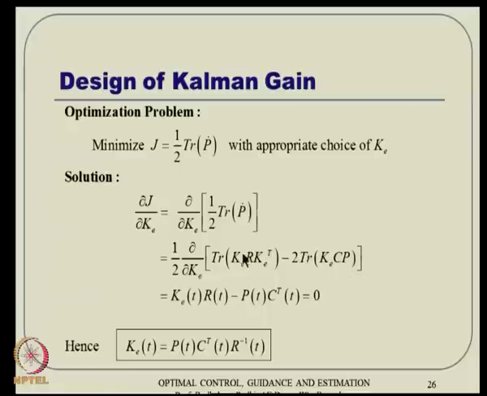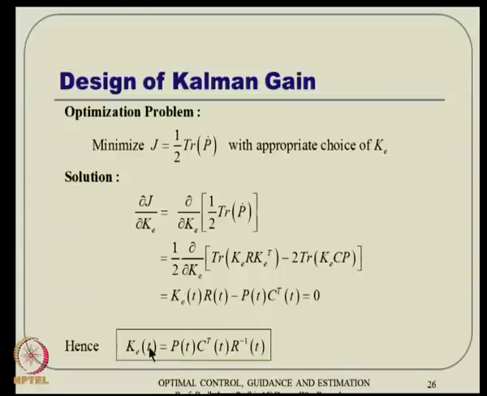So, if I take this derivative with respect to K E, then I can take it inside. Okay, this expression is nothing but this expression now, and this expression has to be equal to